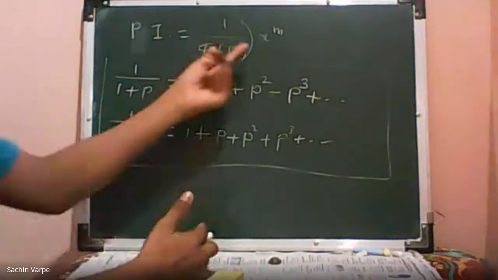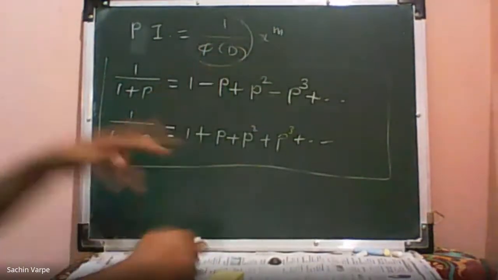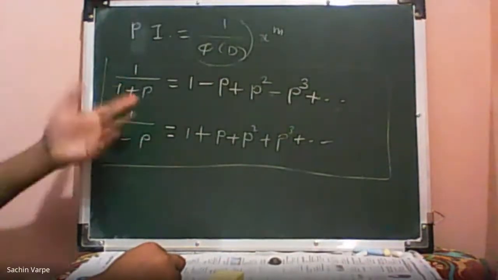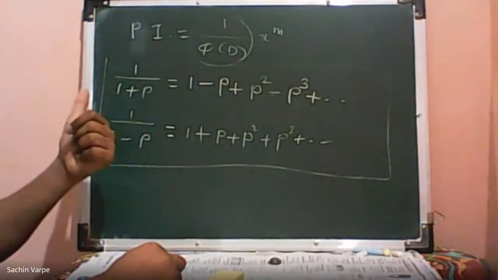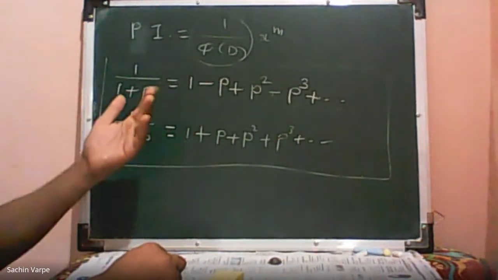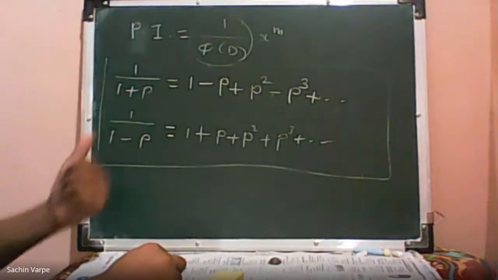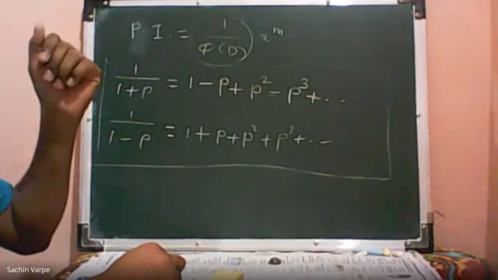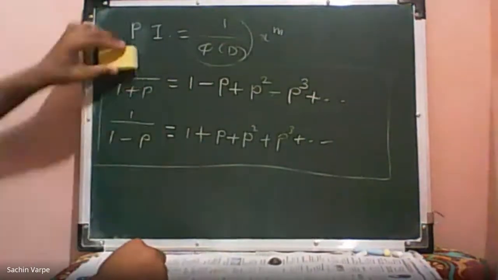We have discussed the remarks about this also. If in the denominator 1 is not there, then try to get that 1 first by taking the constant term common. If the constant term is also not there, then we take the lowest degree term common from this operator, isn't it? From this operator, and then we use this formula. So please try to recall those things.